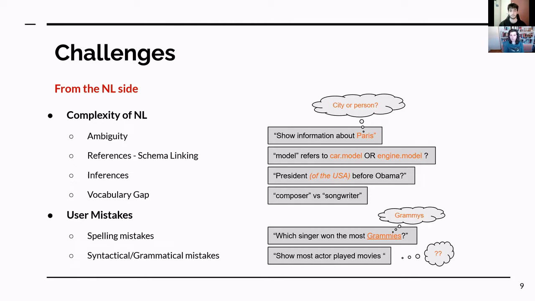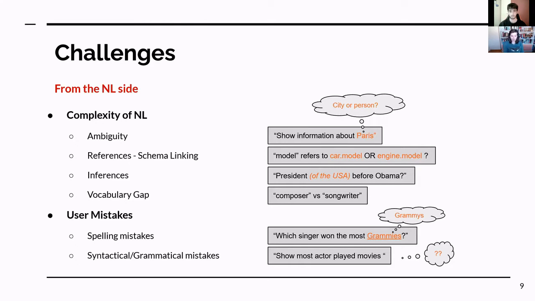What about missing information? When we say the president before Obama, we refer to US presidents. How does the system understand this information? Other types of challenges are user mistakes: when you have spelling errors in the query, how does the system figure